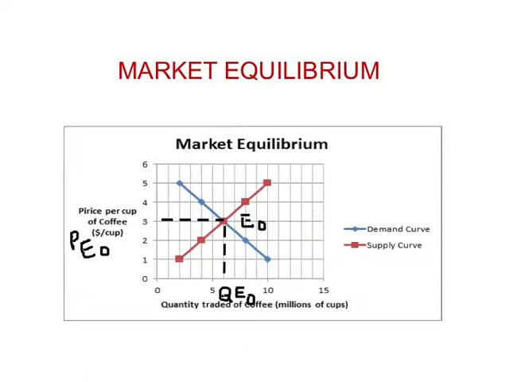Now let us look at supply side shift. We already have the original situation, original equilibrium point denoted by E0, original price, original quantity traded. Now suppose for some reason the supply curve shifts to the right and we have a new supply curve, and let us call this S1, and this of course is S0. Now we have a new supply curve, and this is an increase in supply,